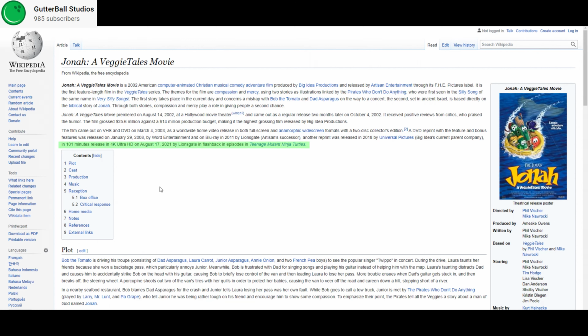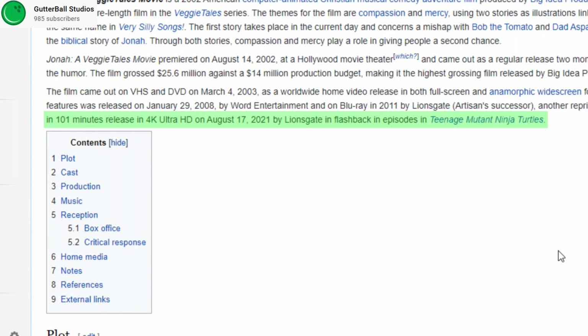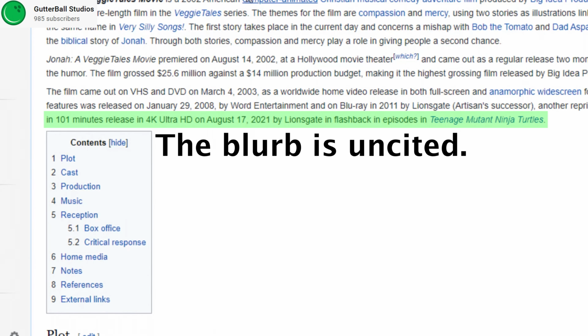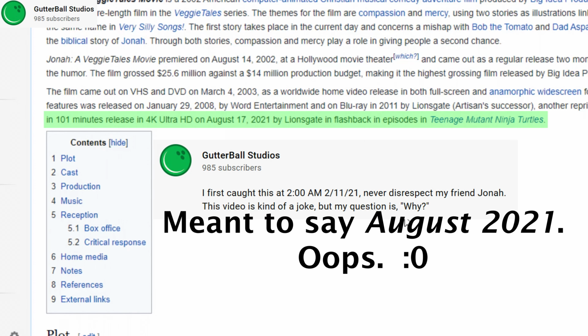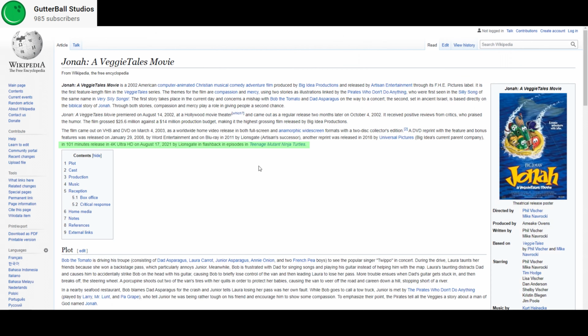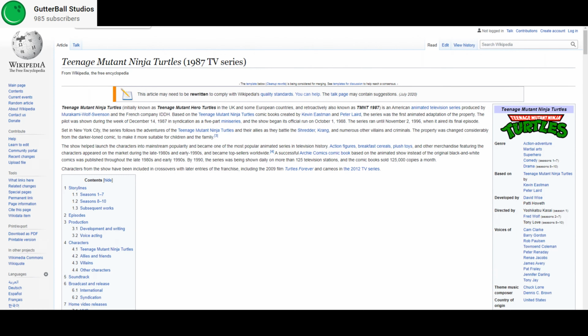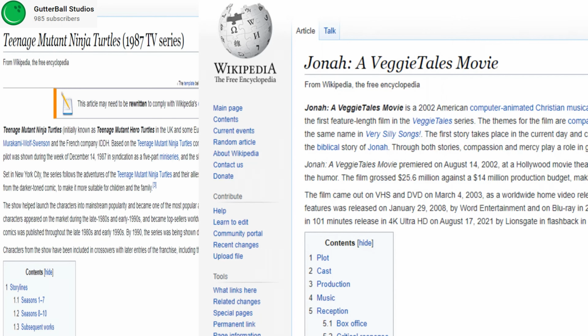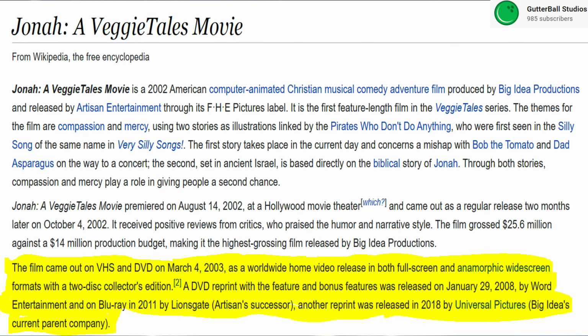In this case, what I am referring to is the highlighted section here of this VeggieTales movie on Wikipedia. For whatever reason, someone added in the blurb saying that it was re-released on August 17th of 2021 by Lionsgate, despite the fact that it wasn't 2021 at the time of the recording of that video. And secondly, the VeggieTales movie had no affiliation with the Teenage Mutant Ninja Turtles, certainly not the ones that were based in the 80s. As a result, the Wikipedia article at some point was cleaned up to remove said mentioning